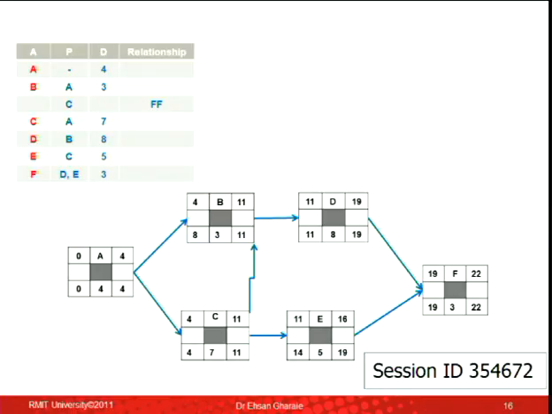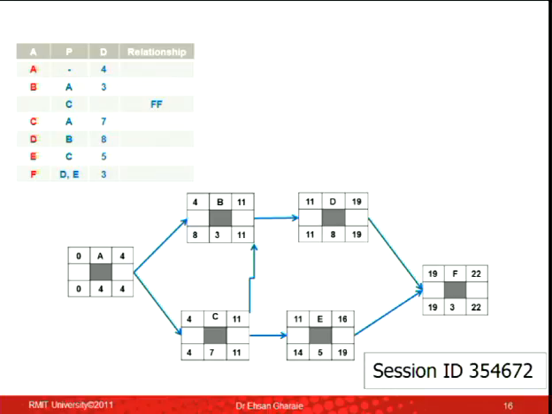And now, let's do the forward pass. So I start from 0, 0 plus 4, 4, 4 goes there for B, 4 plus 3 would be 7, but I can see that there is another arrow coming into the finish of activity B. So I stop. I don't put 7 there, because there are two options. So I look at activity C, 4 goes there, 4 plus 7, 11. Now these two options go to the finish of activity B. 11, the finish of activity C, or 4 plus 3, 7. Between 7 and 11, I choose 11.